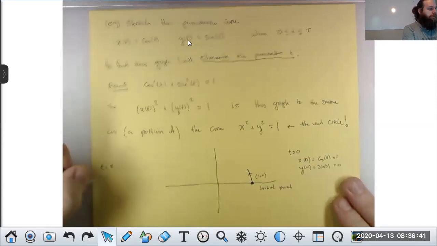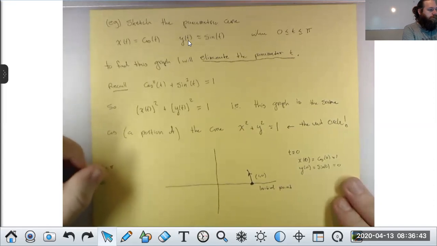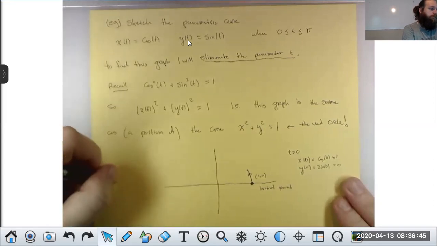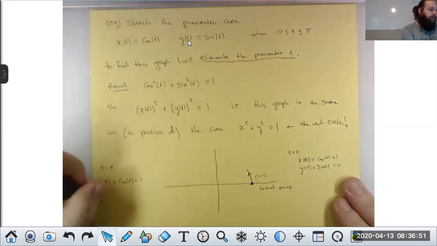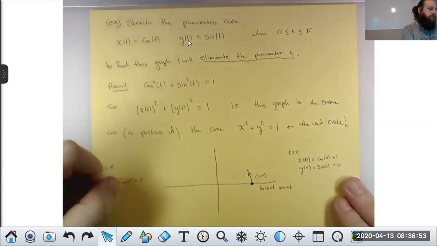When t is equal to pi, we have x of pi, which is the cos of pi, which is -1, and y of pi is the sine of pi,